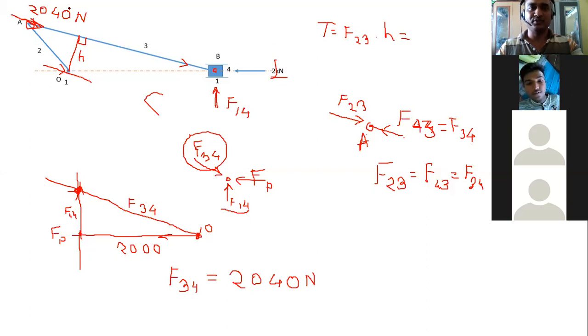So you know F23 equals 2040 Newton, and h you get, I think, is something around 100 mm. Right? This is as per my solution, so you also solve this problem so that you will get the exact one. This is 2040 into this. So finally you will get an answer around this value, like 153 kilonewton mm. So you check whether it is Newton mm or kilonewton mm. Unit is also important. You will get this value T.